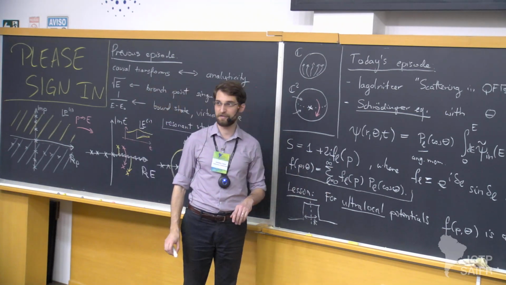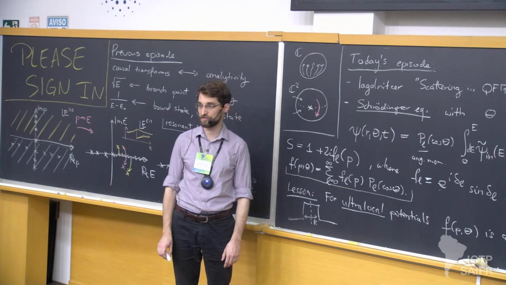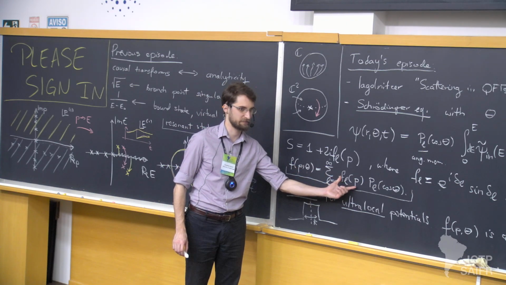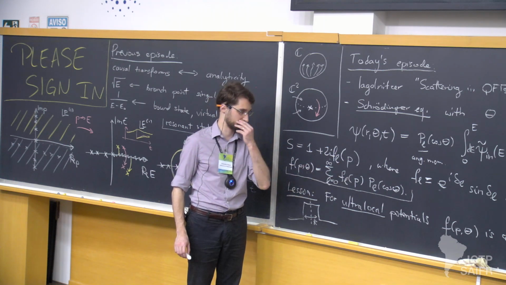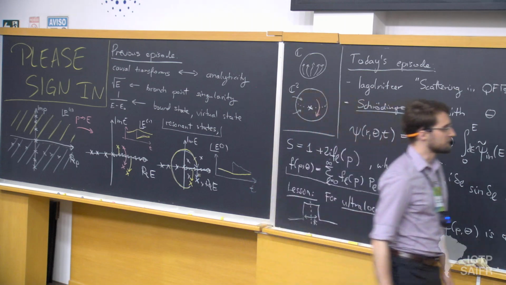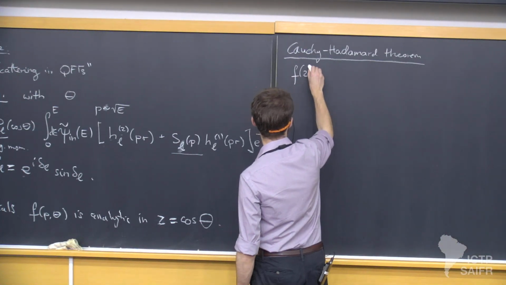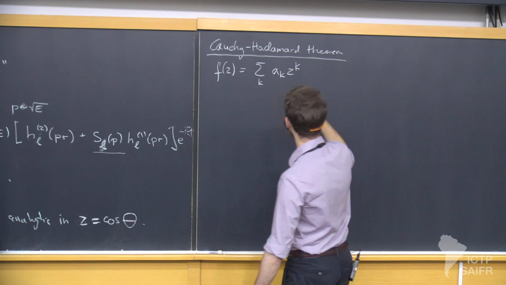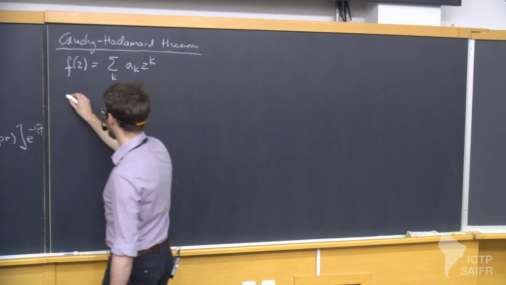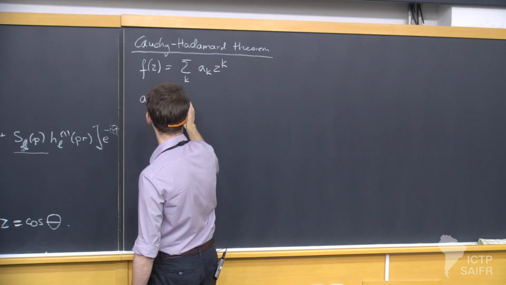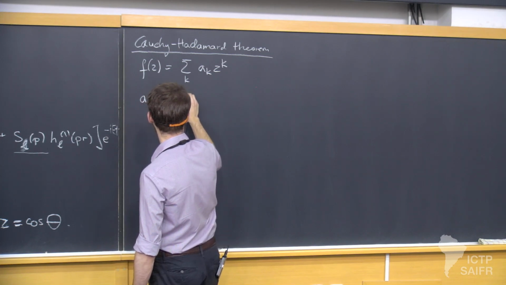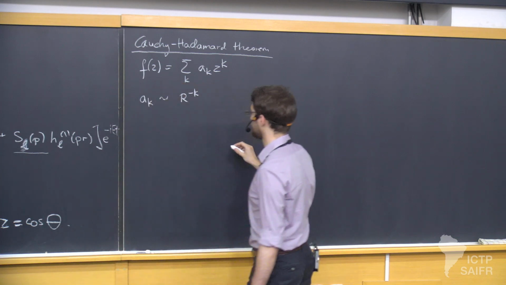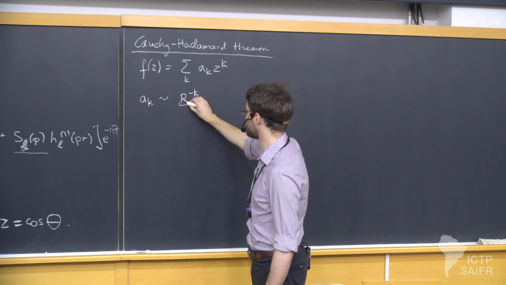And there's a lot of theorems about complex functions defined as series. The theorems usually tell you how the coefficients in these expansions must behave for the series to be convergent and what are the analytic properties of the resulting sum. And Cauchy-Hadamard theorem essentially tells you that if you have some function of variable z defined as a series expansion, if these a_k coefficients decay like some number r to some power k,